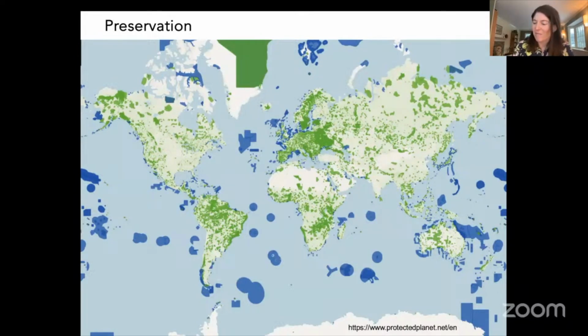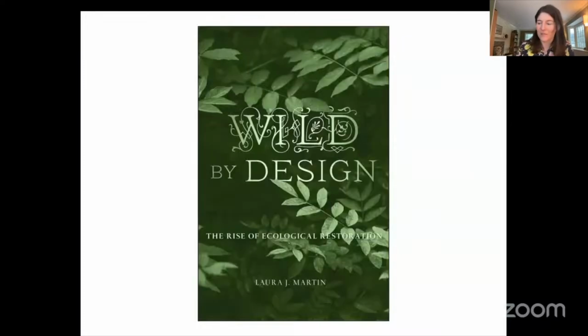And it seems clear that in an age of habitat destruction and climate change, this is not sufficient, that many wild species are not going to survive on the unprotected 81%, 82% of land without ongoing acts of human care. In Wild by Design, I argue that restoration offers a more hopeful and a more pragmatic path toward biodiversity protection